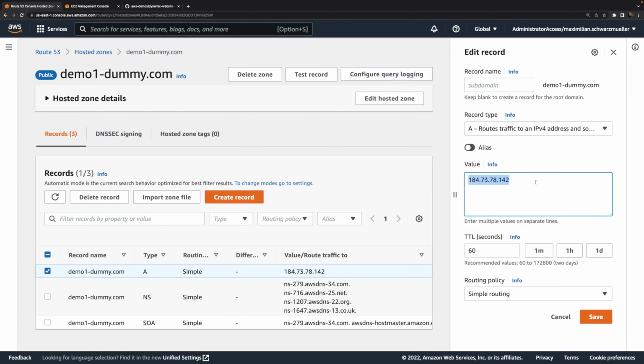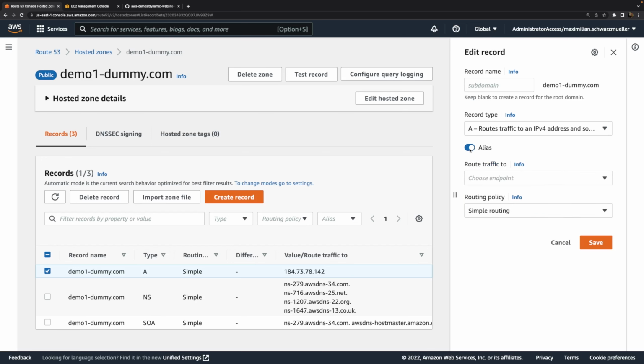Instead, what we can do here, and that's a special feature of Route 53, we cannot enter a value here, but instead turn on this alias setting here. And this allows us to directly point at specific AWS resources as targets for this record, this A record here.